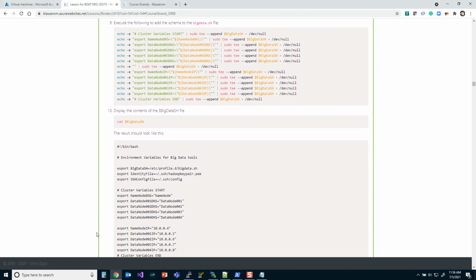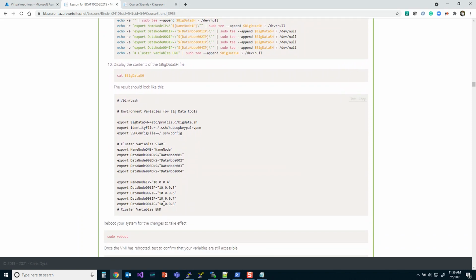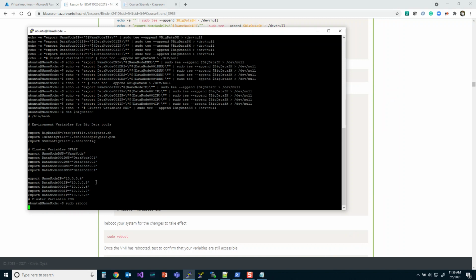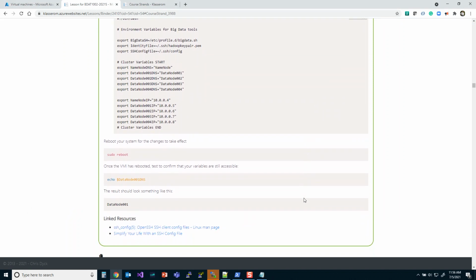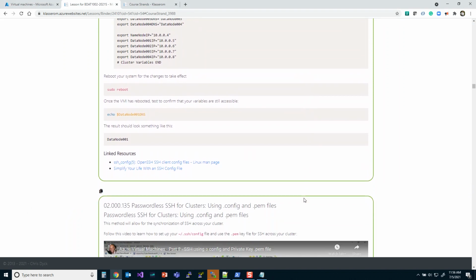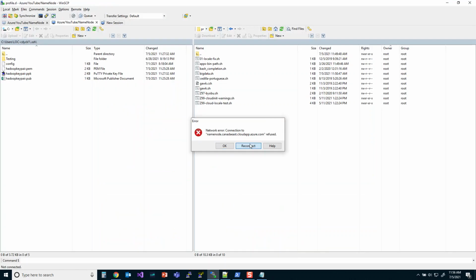Again, these are just things that we're going to use later on. So let's move ahead. As you can see, this is exactly what we're expecting. We're going to reboot one more time because we've changed some environment information. And I'll just close that. And let's move down just a little further. Once we've rebooted, we want to confirm that those variables actually stayed with us. So we'll go back through here, we'll reconnect,